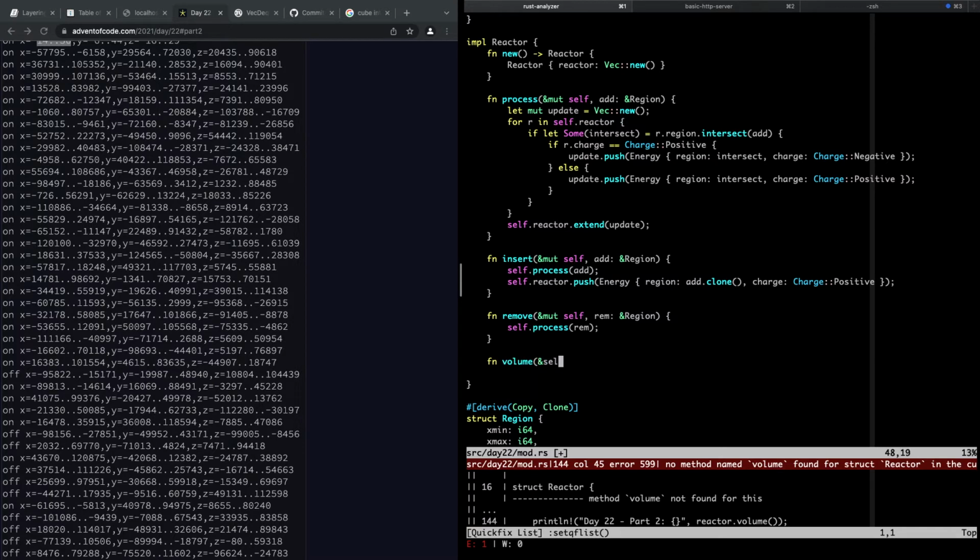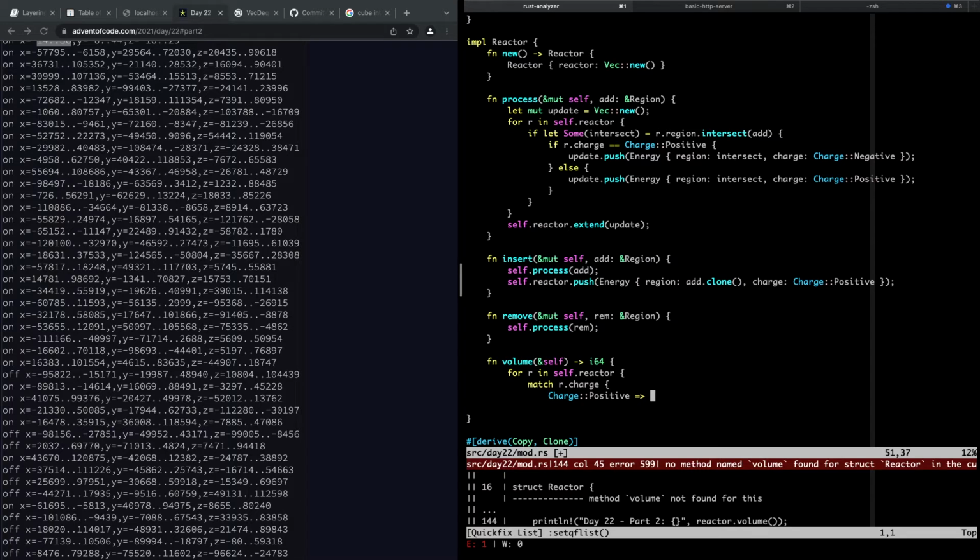Volume itself, I64, and we're going to say for R in region, self reactor, each one of these is a region, and if it's a R dot charge, if it's positive,